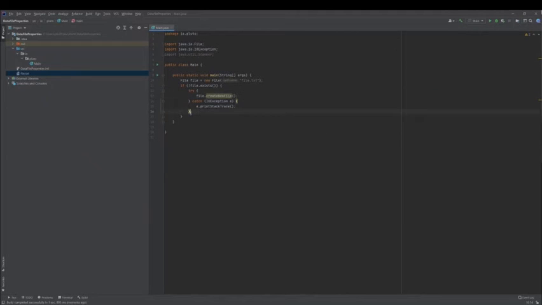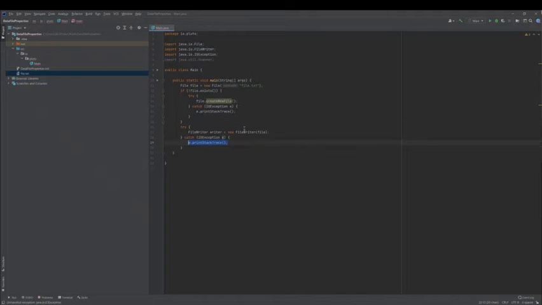So now what we're going to do is we're going to create what's called a file writer. Now, this is the easiest way to store data in a file, and we will be passing in our file. This also has an exception, so we are going to surround that in try catch. And then we could say writer.write, and then hello,